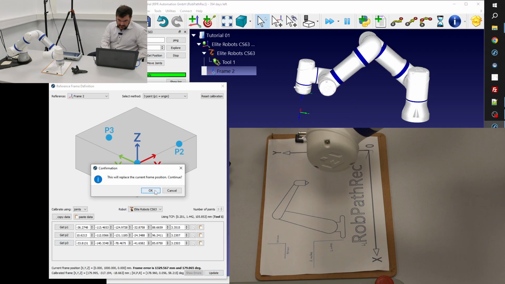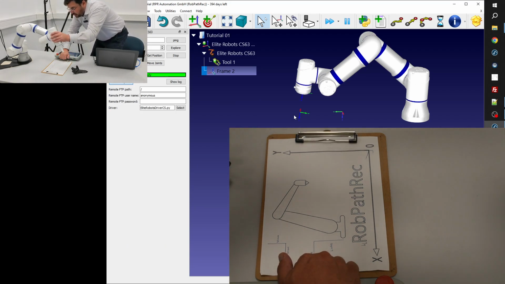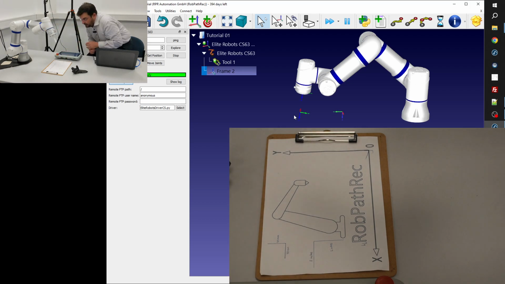And then I just hit it. You should see on the screen that the reference frame coordinate system will move here. Yeah? So this is the one. It was so easy. I can close this and just drive back to a neutral position. And that's all. We already defined the reference frame, the working area where the robot will work later on. Okay? I just hit save and we are ready.